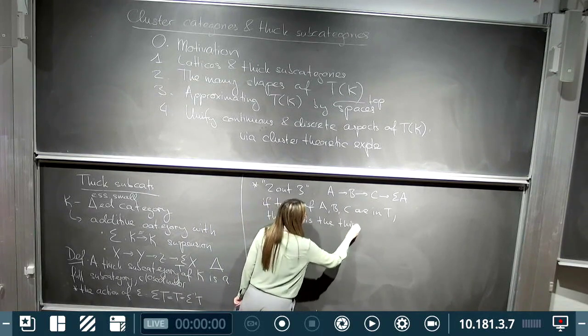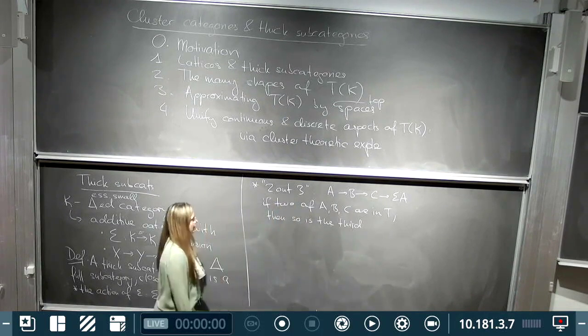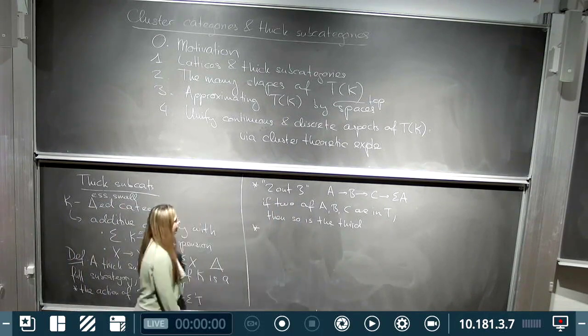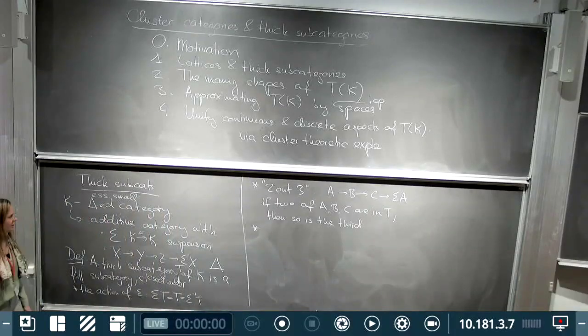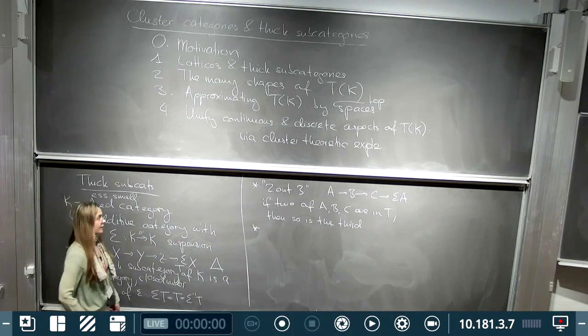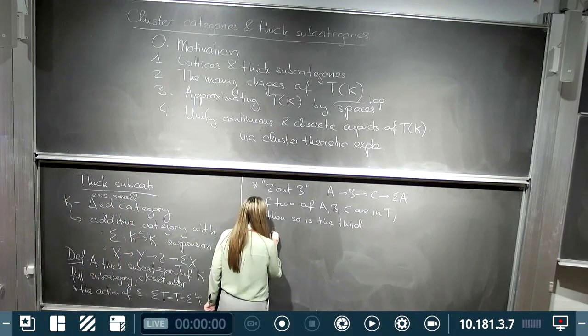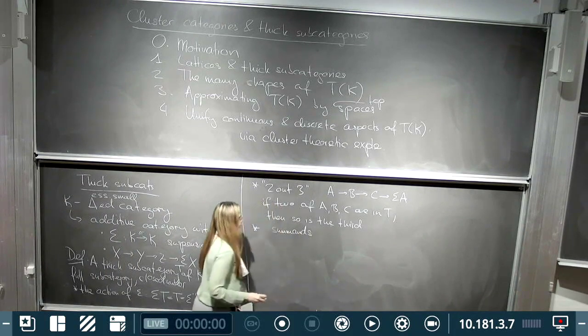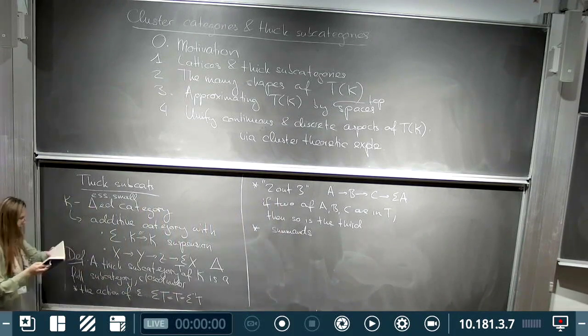It would be enough to say it's closed under cones or co-cones, but it just amounts to being closed under 2 out of 3. And then finally, one additional thing we're going to need is that it's closed under summands. Okay, and we're going to see, I presume at the start of my next lecture, why these big subcategories are